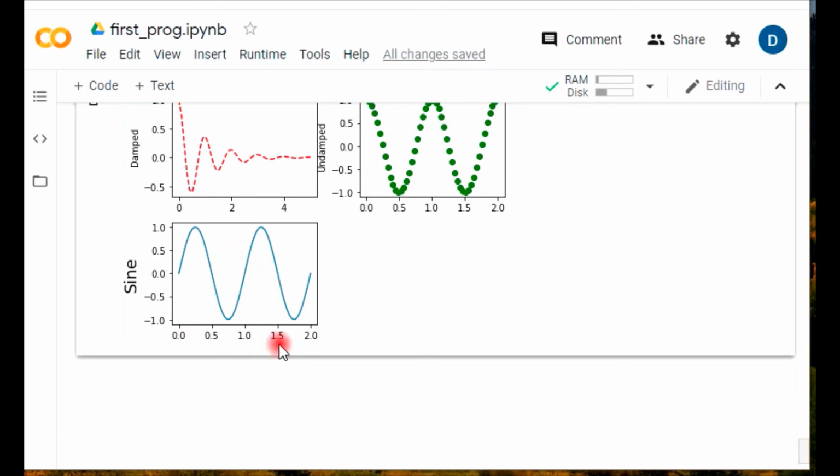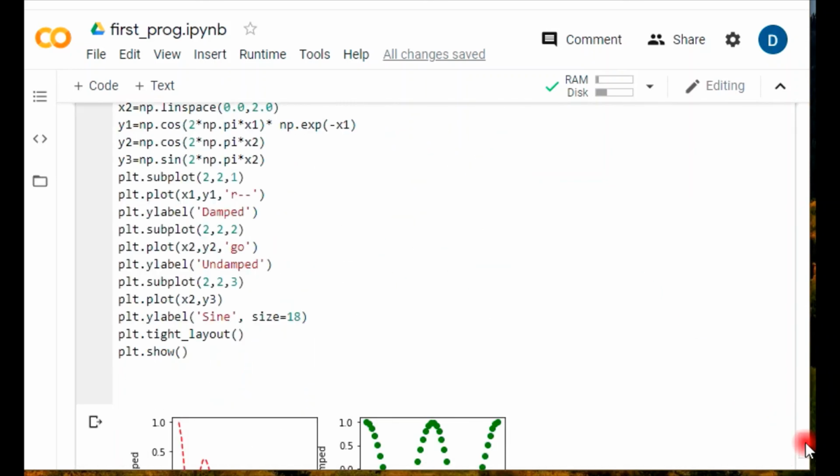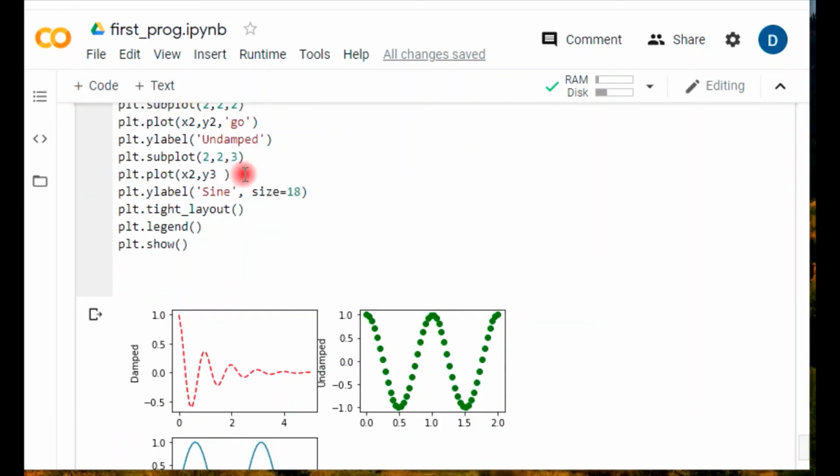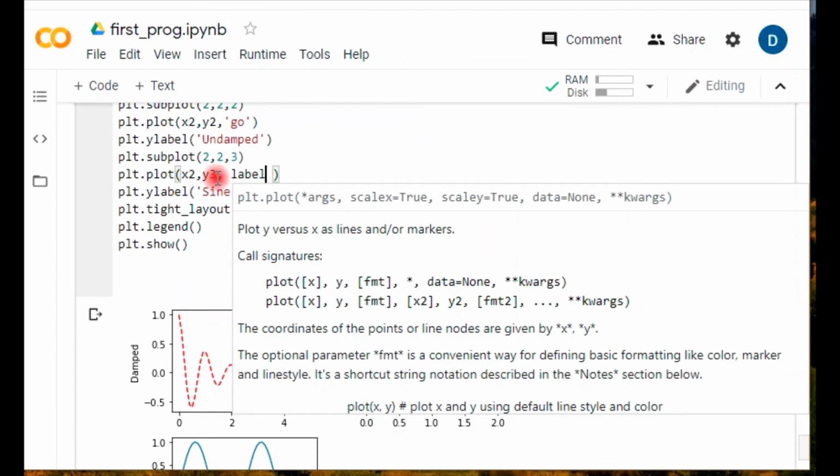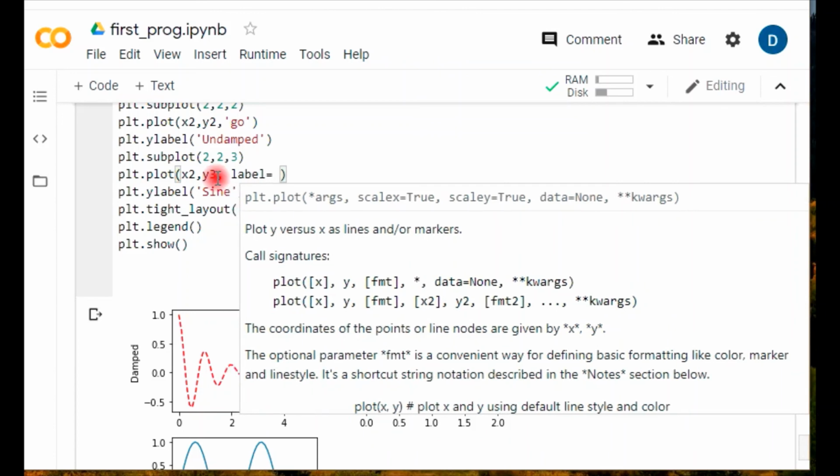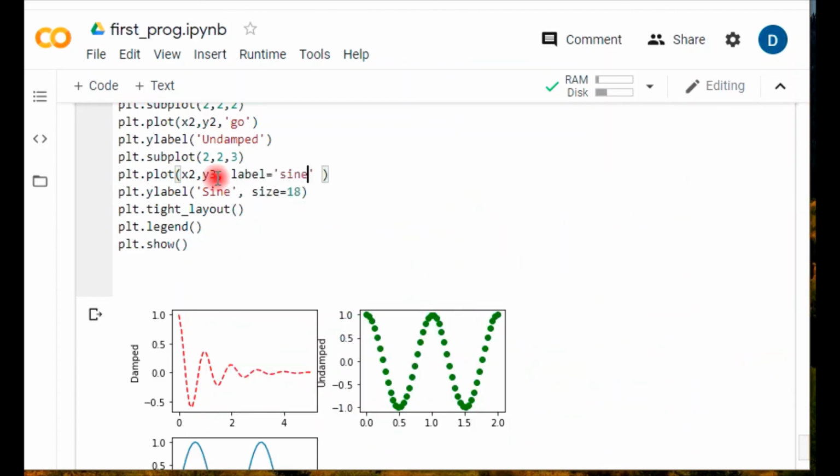Similarly, we can provide the label here, we can provide the legends here, whatever result you are going to do. We also have options to go for the legends too. If you want to show the legend here, you have an option. You just type plt.legend, and whatever label you want to give, just type it here, label equals to sine.